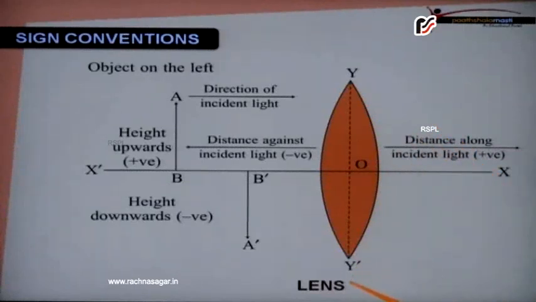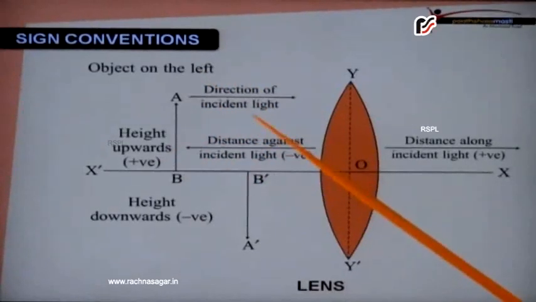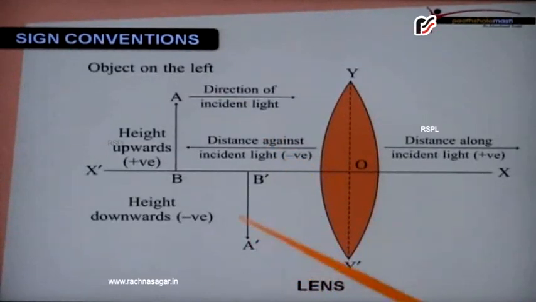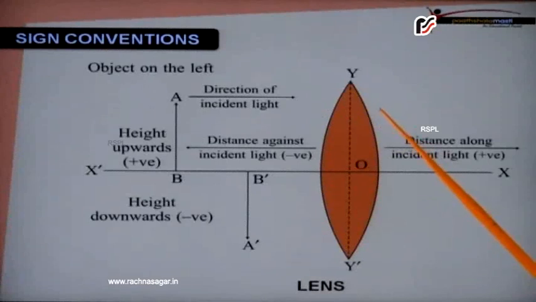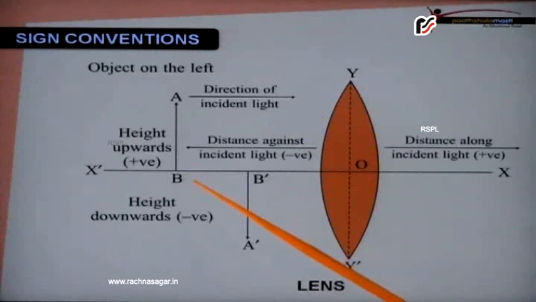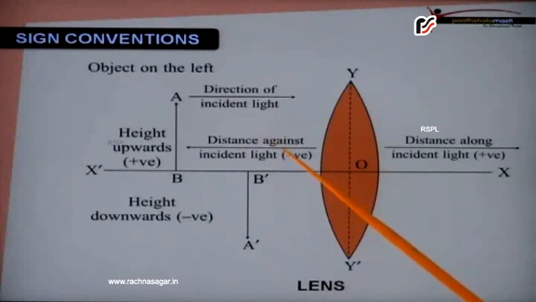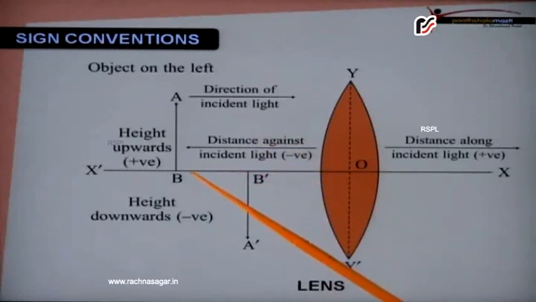This is the convex lens, and this is the x-axis, with y dash, forming the Cartesian plane. O is the optical center or the origin; they both coincide. The object BA is placed in the left direction and the image of object BA is formed as B dash A dash. The light is coming from left to right. So, the distance OB is taken as negative because it is to the left of the optical center, and the distance moved against the direction of incident light.